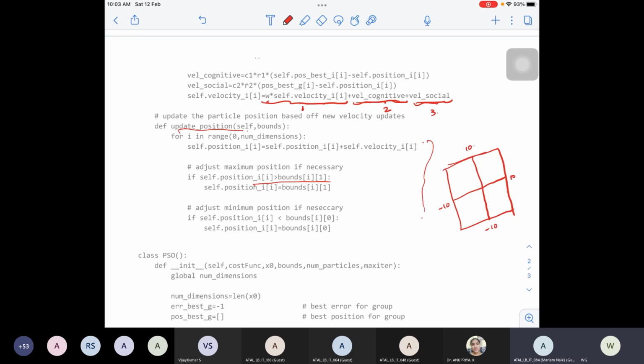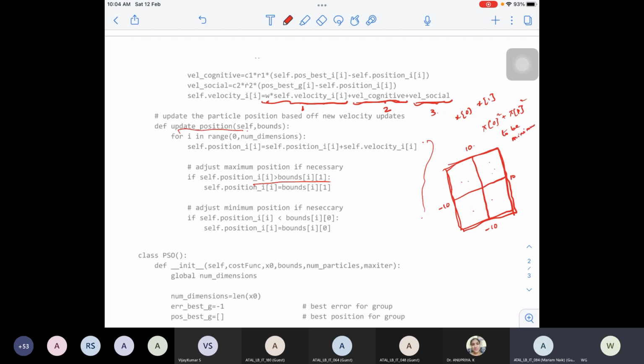So your entire solution space is going to be here only. Within this solution space you need to find out what x of 0 and x of 1 give us x of 0 square plus x of 1 square to be minimum,